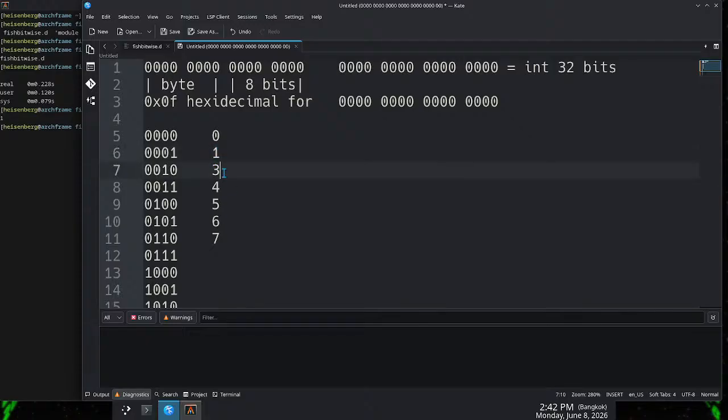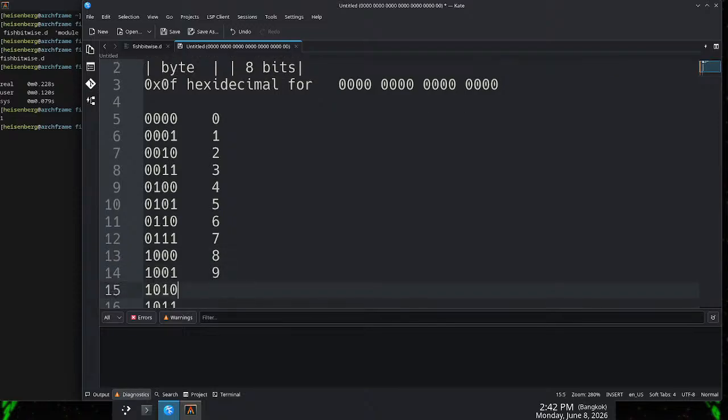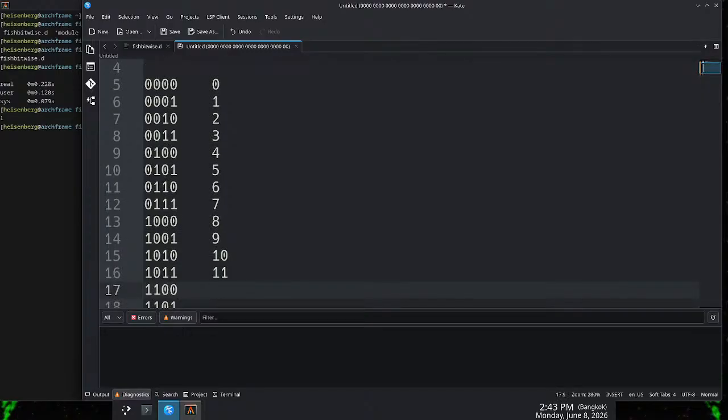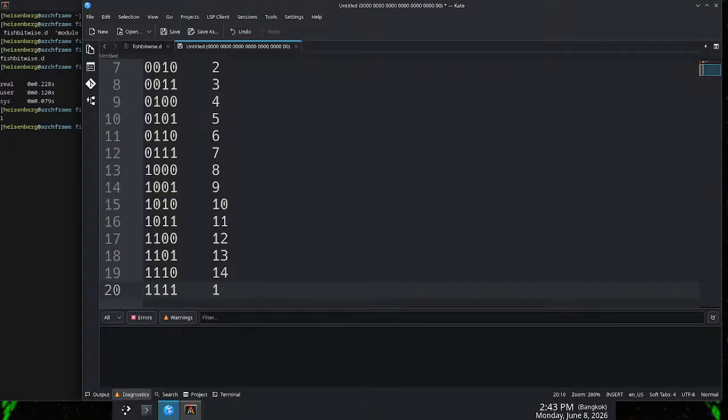So 1, 2, 3, 4, 5, 6, 7, 8, 9, 10, 11, 12, 13, 14, and then 15, which corresponds to, in hexadecimal,